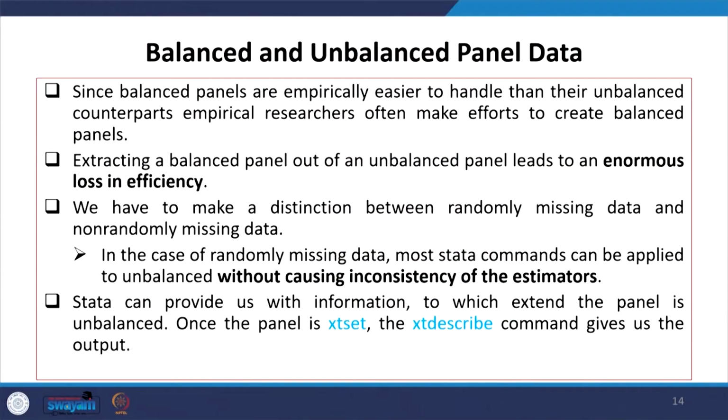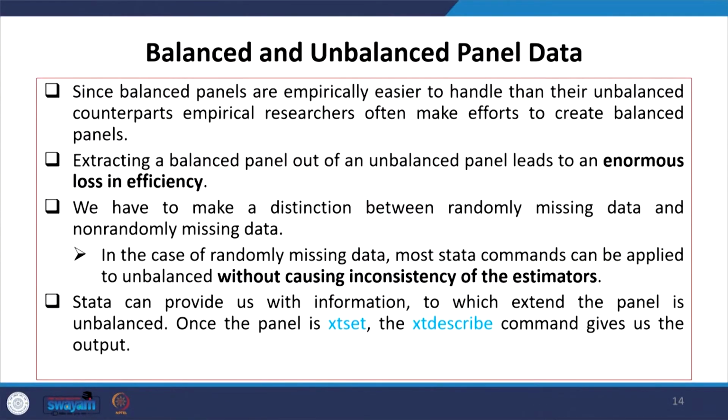In the case of randomly missing data, most Stata commands can be applied to unbalanced panels without causing inconsistency of the estimator. So, once Stata finds that your missing entries are there, it simply reads it as an unbalanced panel, but this does not create inconsistencies in the result.